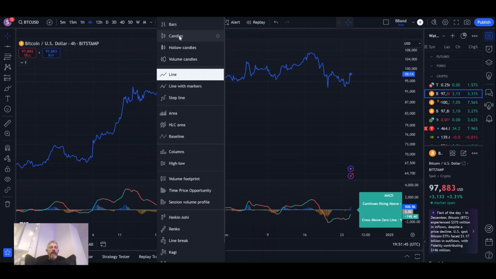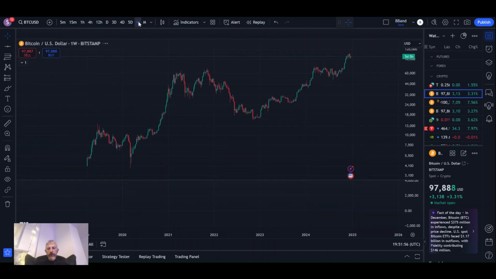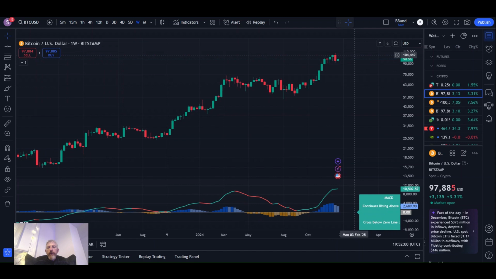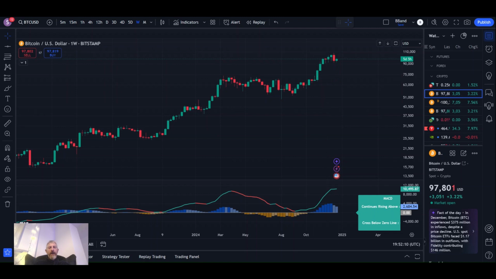for now, the impulsive move is done. Bitcoin got up to 108, I think, and on a weekly closure it was 105. Somebody mentioned that a little while ago. I wonder who it was. And now there's a pullback. Okay, so